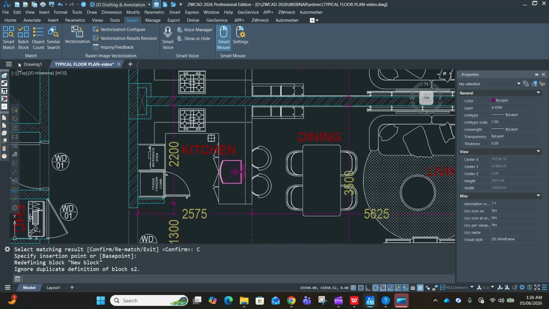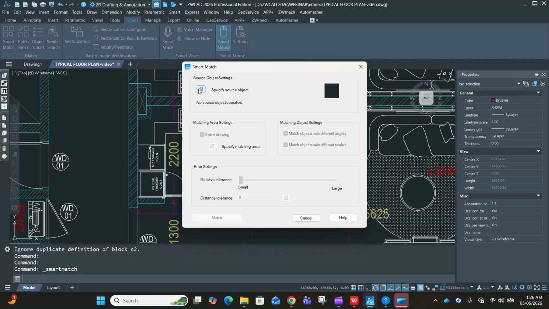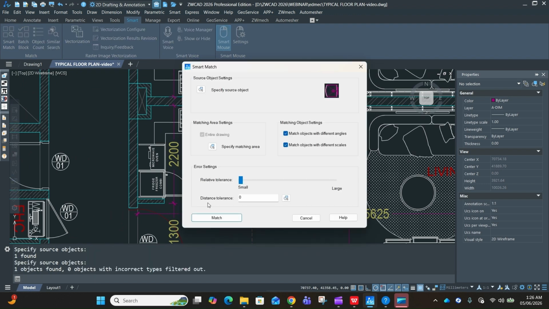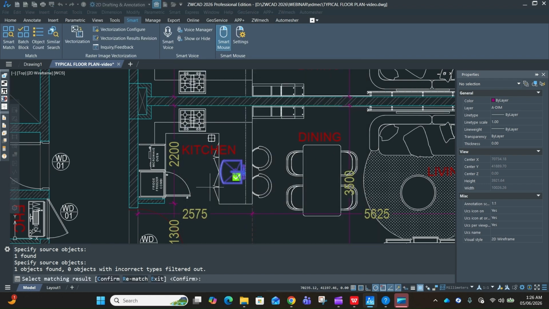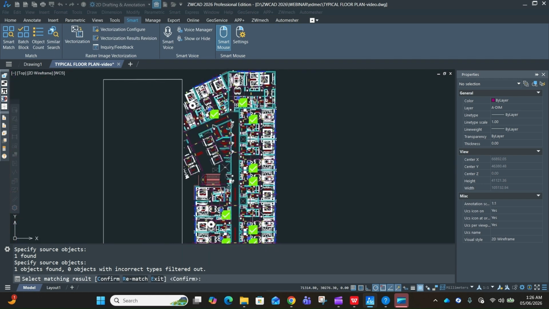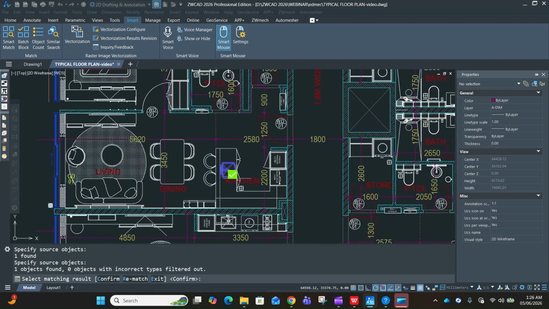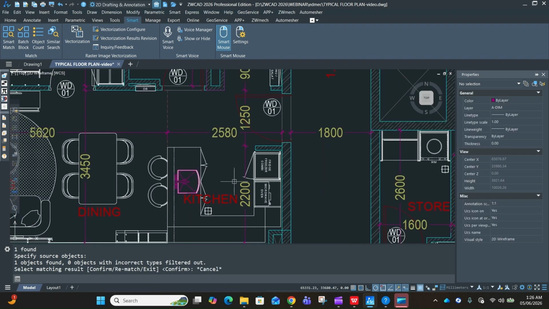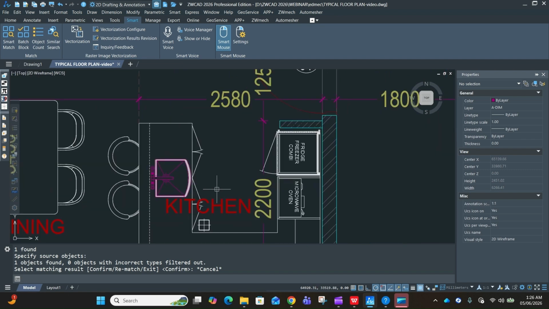If you want to check them, smart match, source object. Now you can see this is a block item. Hit enter, match, and again you will see it will take a while, and you will see all those items are selected and already replaced. So this is how we can be more productive, and we can utilize